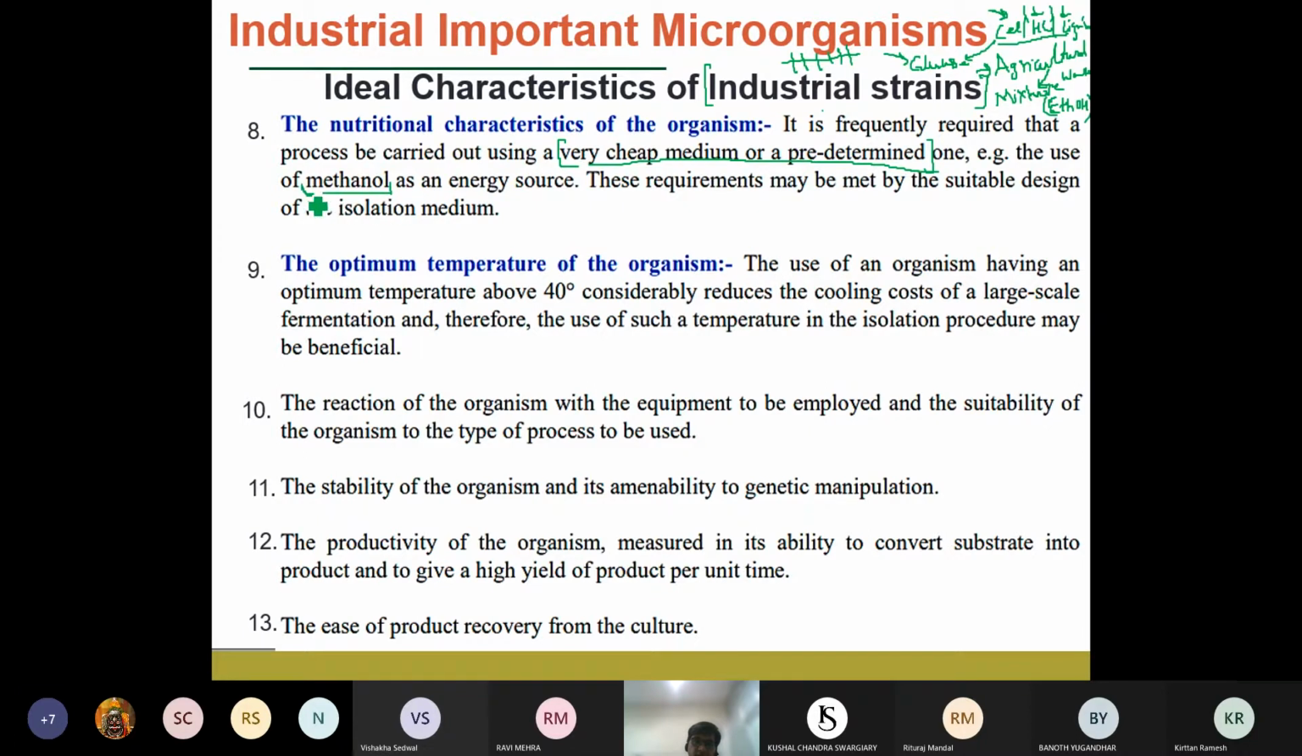So methanol is actually produced by several petrochemical, chemical, or petroleum industries as a waste product. That methanol can be used for the production of, for example, biofuels or any other additives. Similarly, if you see in the case of the petroleum-based industries,